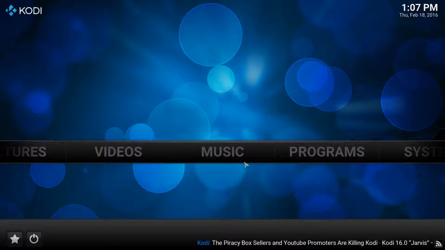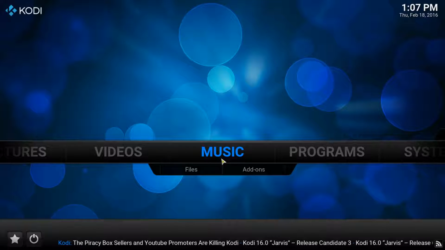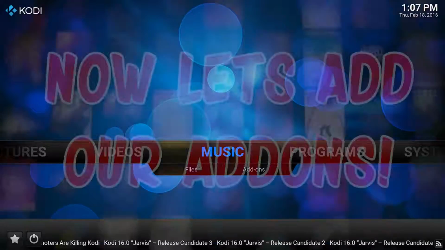And there we go. Okay then, so this is your base install of KODI. This is what you'll be greeted with when you first install it. Everything is at your disposal at this moment in time. However, nothing is configured, it's not linked up to anything, so it's pretty much useless until you start adding things. So now we've got this installed, let's get this ball rolling.